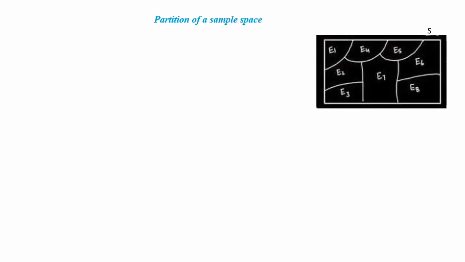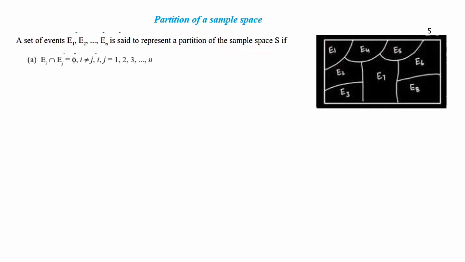Consider a sample space S. It is subdivided into different events E1, E2, E3, etc., En, and simply you cannot partition S as E1, E2, E3, etc. These events should follow some criteria. A set of events E1, E2, etc., En is said to represent a partition of sample space S if the first condition is Ei intersection Ej equal